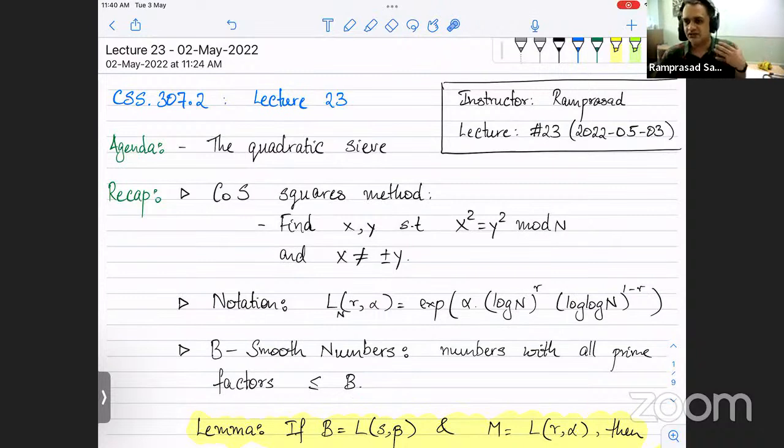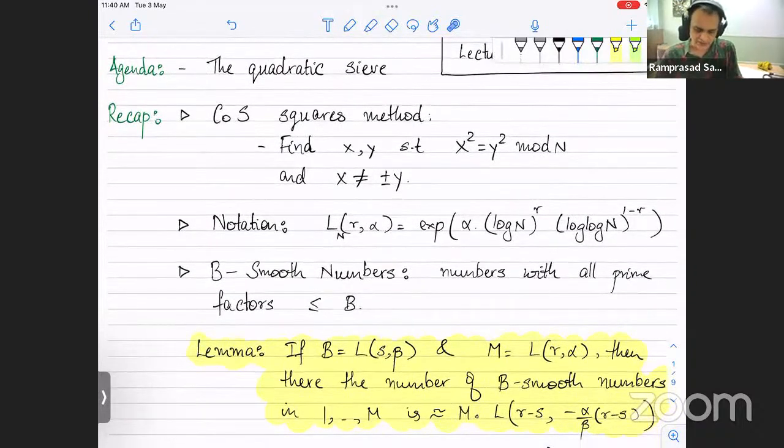You will have a smoothness threshold, you have a general template involving this threshold, and you are trying to figure out what I should choose B as. Once you get familiar with the L notation, things become very easy to analyze. The key point is the following fact: if your smoothness threshold can be expressed with this L parameter, I'm dropping the subscript n because throughout, n will be fixed. Everything is in terms of this one n. So if my range is the first m numbers, and I want to know how many of them are B smooth,